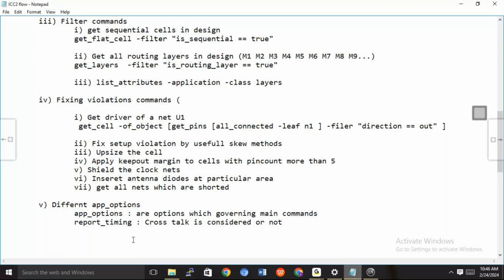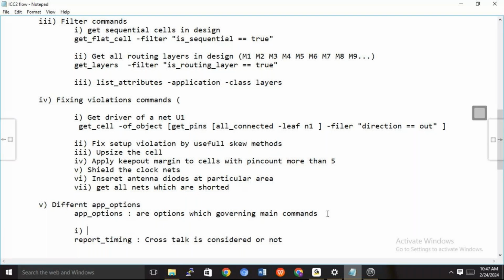But you can control by using app options. One example, this is the first example of what app options are. By default, during report timing, my tool will not enable the crosstalk analysis. But if I want to enable crosstalk analysis, then I have to use the command set app option